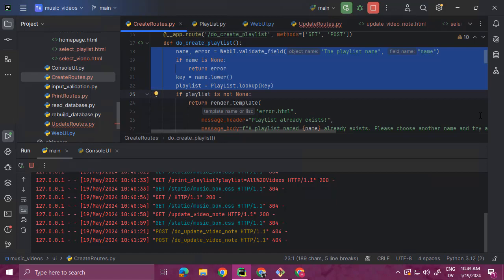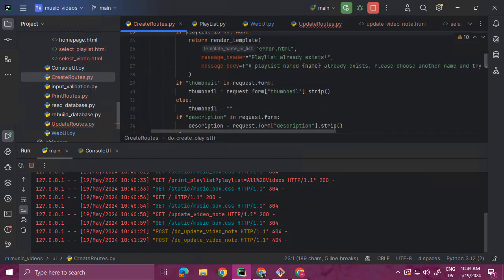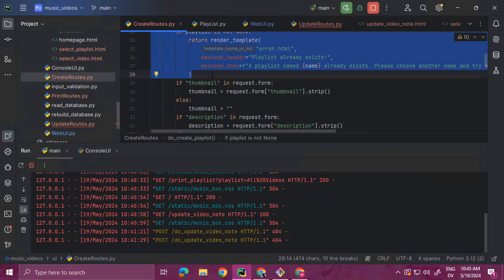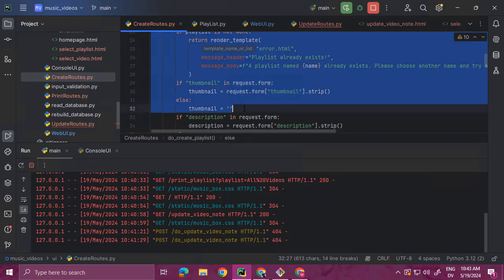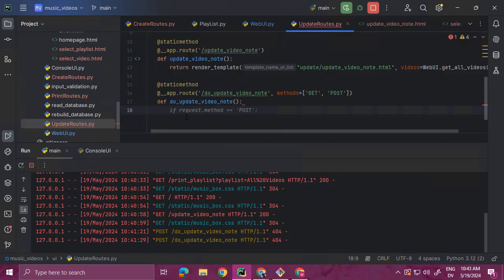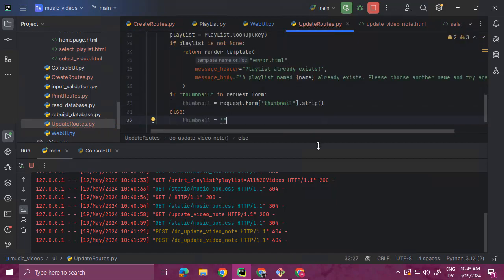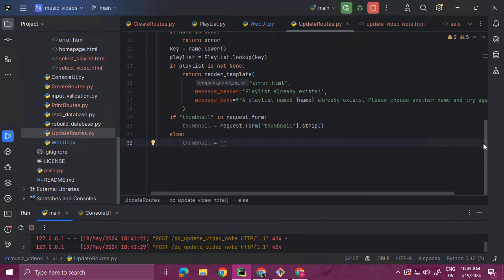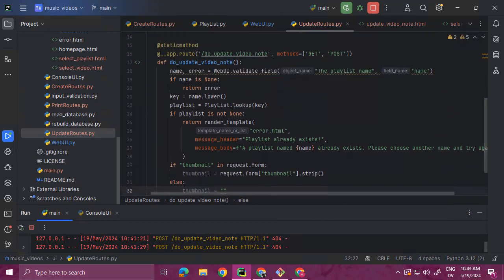So I'm going to go ahead and actually I'll copy this whole thing. All of that stuff is good. And then for the note, that part. So there's a lot of code that I can start with here. And then I'm going to go back to my update routes and paste all that stuff in and then just sort of work through changing it. So this is going to be key, comma, error, and then the